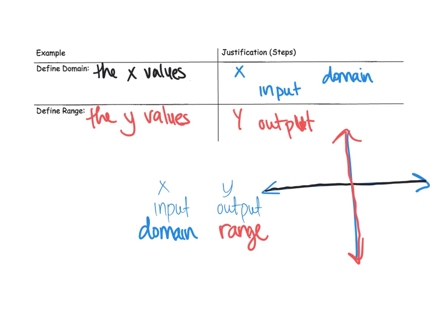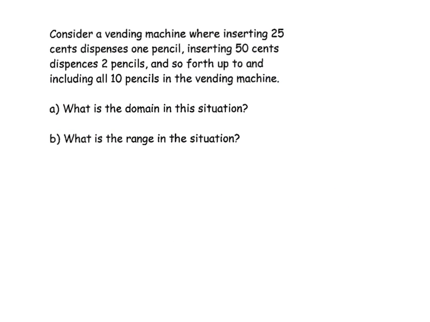Cool. So instead of saying x, what's the x? I might say, what's the domain? And in your brain it's, what's the first number? What's the x? What's the input? Also, the range. If I say, what's the range? That would be what's the second number in the parentheses, or what's the output? What's the y values? All right, so keep that handy. Refer back to them. Consider a vending machine where inserting 25 cents dispenses 1 pencil, inserting 50 cents dispenses 2 pencils,